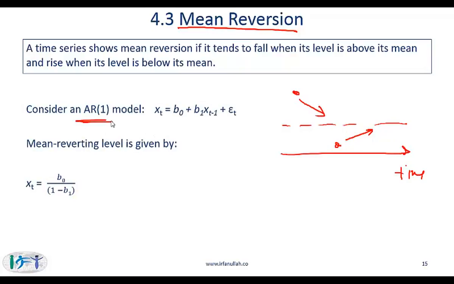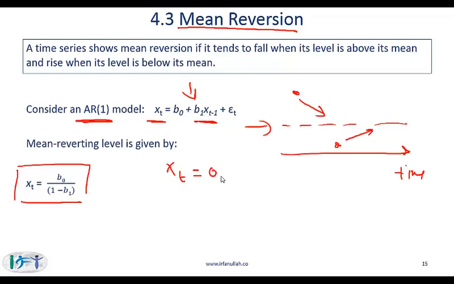If you consider an AR1 model, you have a given variable at time t is b0 plus b1 times the variable one period earlier. The formula for this mean reversion level is given right here, and you must memorize this because we will use this formula later. If I have this particular AR model where xt is equal to 0.5 plus 0.25 times xt